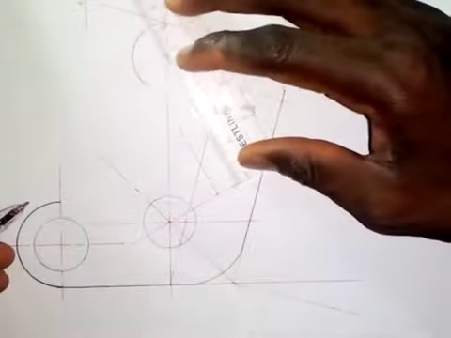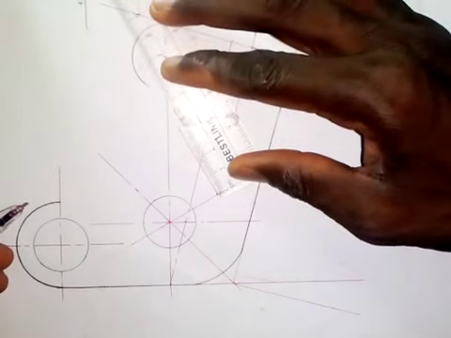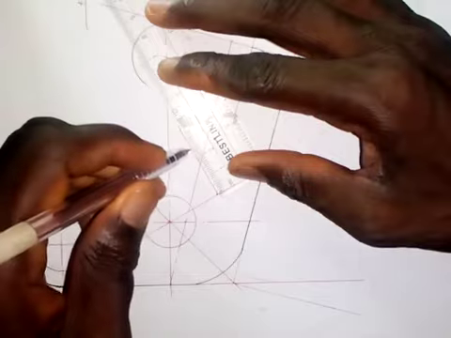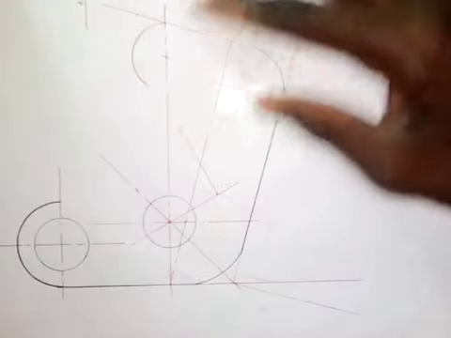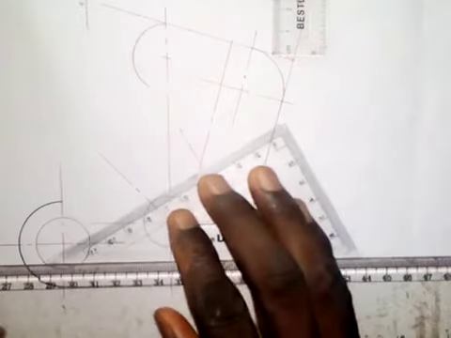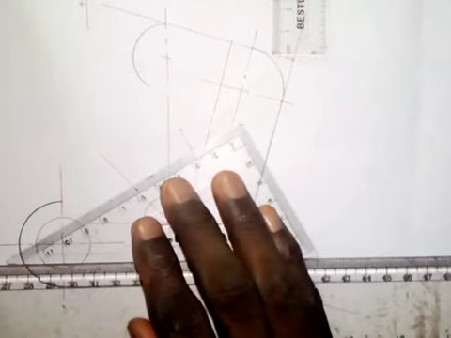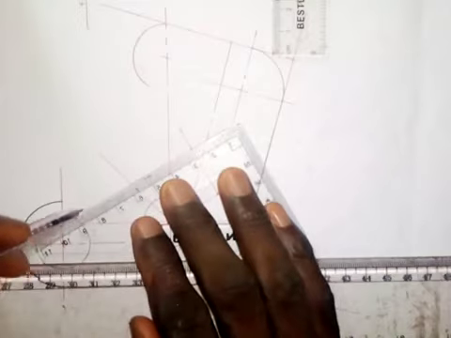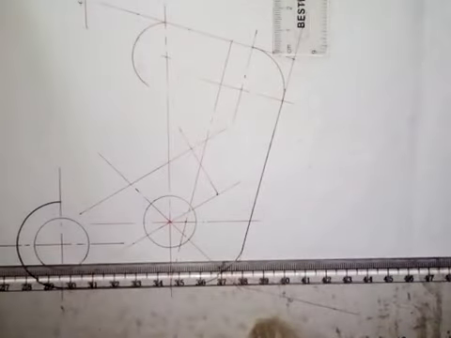So 25 millimeters, so this is the point. Okay, then with my 30 degrees set square again, I will draw this line. So draw a line like this. This line is very important. So what we need to do now is that